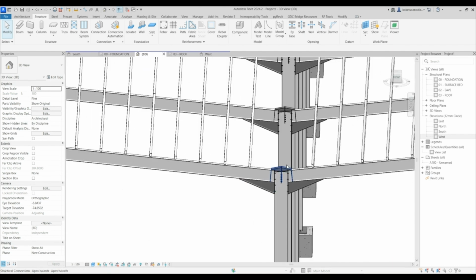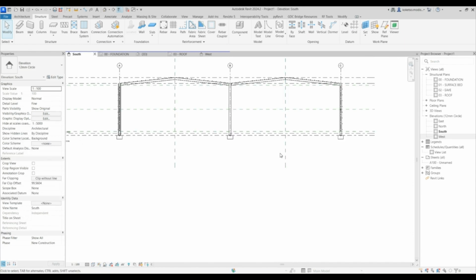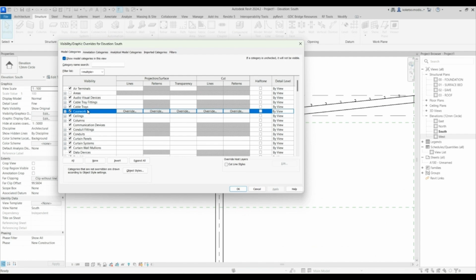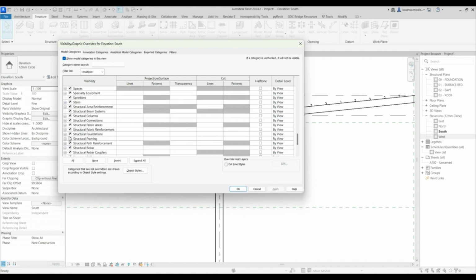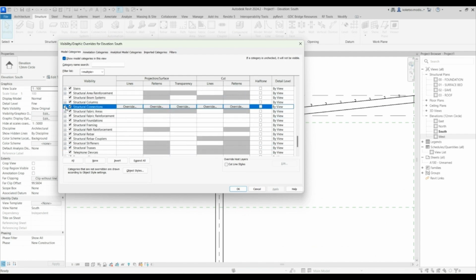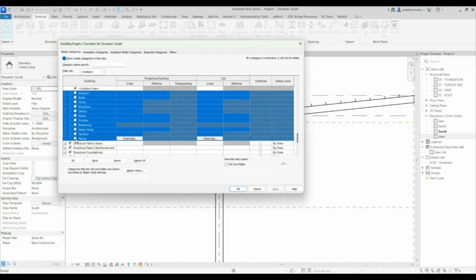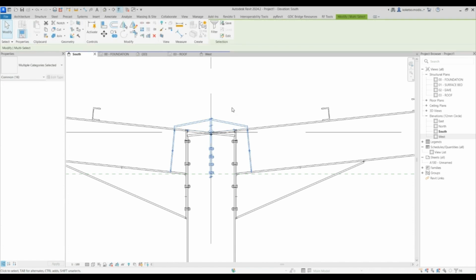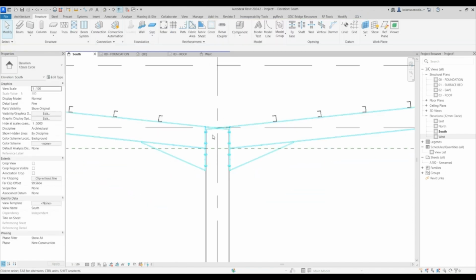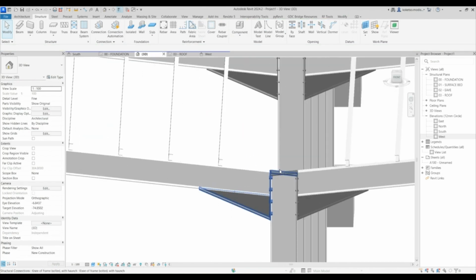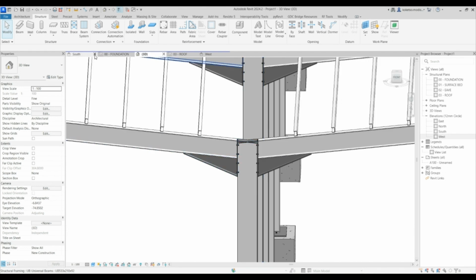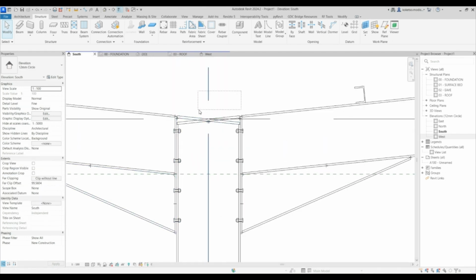So in this instance, we're going to remove this one. Just go to the south elevation and remember VG at every view. Scroll down, structural connection. Check all of these, make them visible. And then you're just going to select all of these and say delete. And then for the ones in the middle, as you can see, they clash like this. So the way to fix this, you're going to go to the south elevation again,